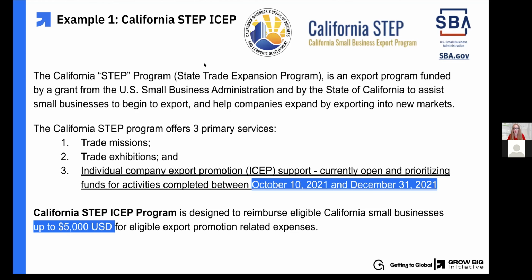It is currently open for activities to be completed between October 10 and December 31st. So if you are currently working on an export promotion activity, we'll get to the slide that shows how you could use the funds for California, and if you're able to complete those activities by December 31st, that means you are eligible to apply today. The California program will reimburse you, so it is a reimbursable grant. You have to spend the money first, complete the activity, and then submit a reimbursement report. And you'll be reimbursed for up to